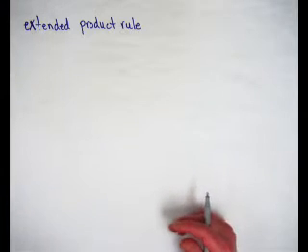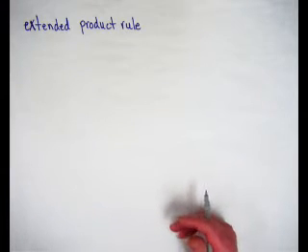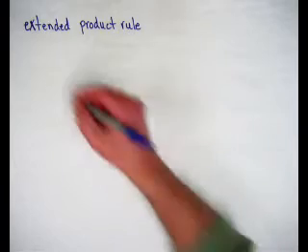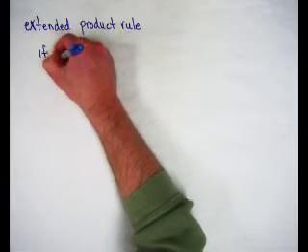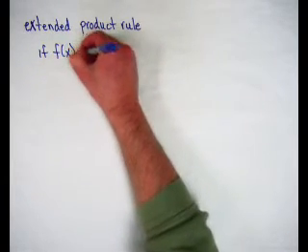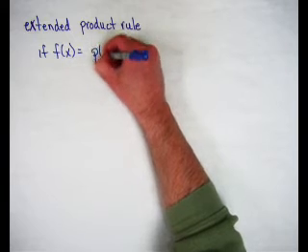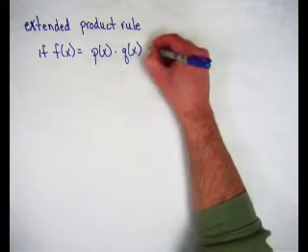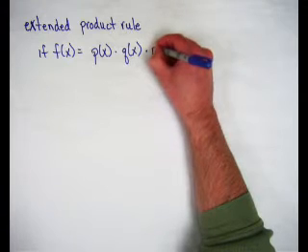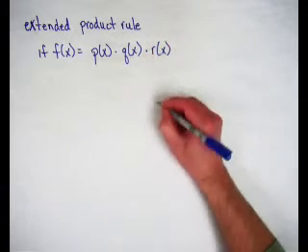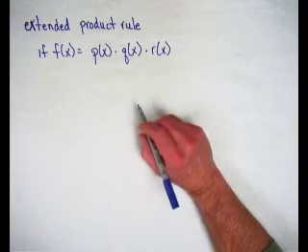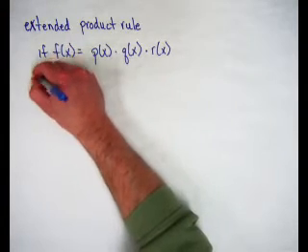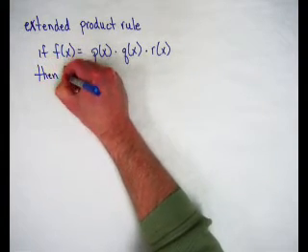The product rule that I just showed you can be extended to any number of factors. So if we had a function f of x, and that function was equal to p of x times q of x, that would be our product rule. But what if it was being multiplied by a third function, r of x? In fact, this can be extended to any number of functions. Then, the derivative f prime,